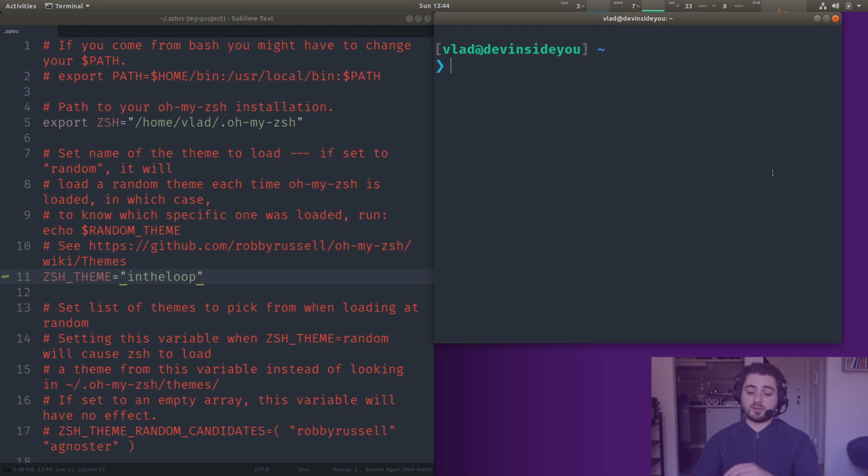In fact, I'm going to show you how to customize it. So all we need to do is find it in the Oh My ZSH themes folder, and just copy it into the Oh My ZSH custom themes folder. Okay, so all we need to do is copy